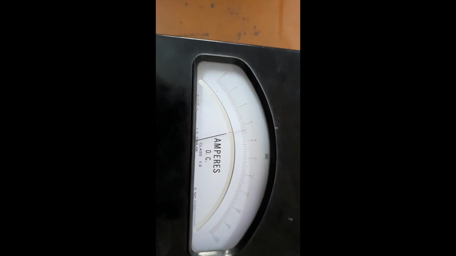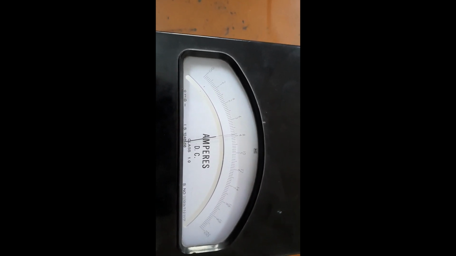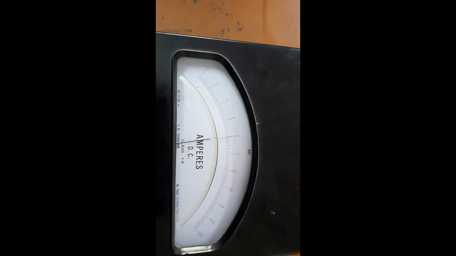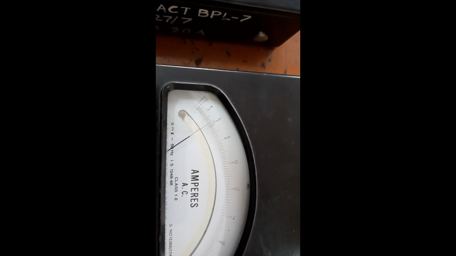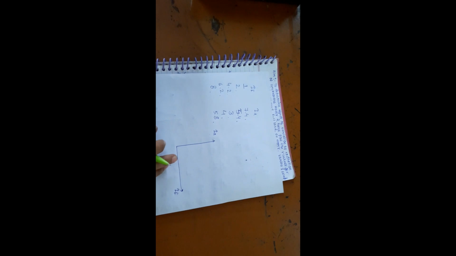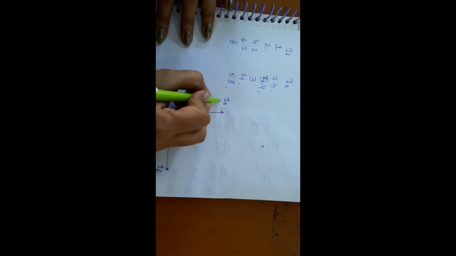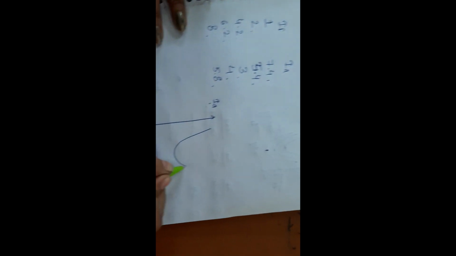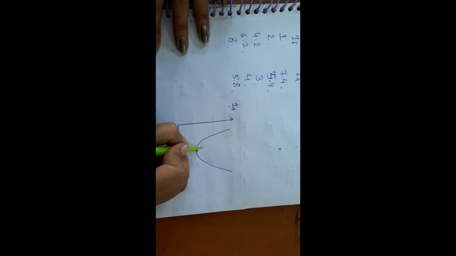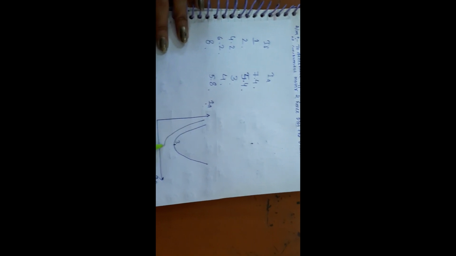Again we are increasing IF, that is the field current. We'll take it as 8. Here also we get the reading of 5.8. So here I am going to draw a rough diagram between IA and IF. Here we are getting the V curve like that. Here the minimum value is 3. Previously the minimum value was 2.